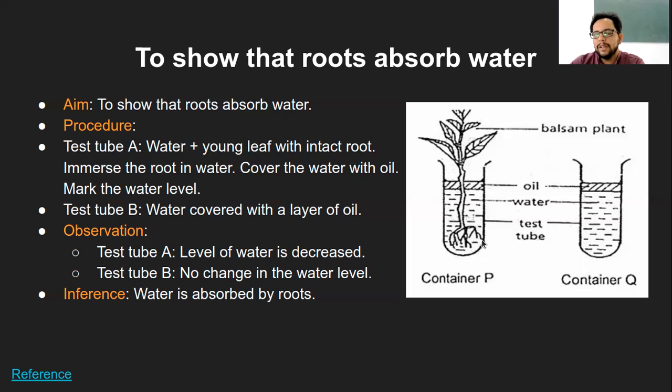So that way we use a control to check that the experimental factor we have is the only variable, and there are no other variables or conditions causing the water loss in the first container. So this is with respect to the experiment. Now, for example, let's say whenever we go for this RT-PCR test.